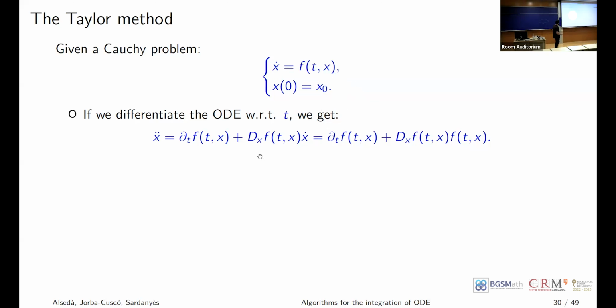So x dot, an expression like this, which depends on the derivative of the vector field, essentially, here and here. Okay, and we have x dot. So we could use this already to improve Euler method,